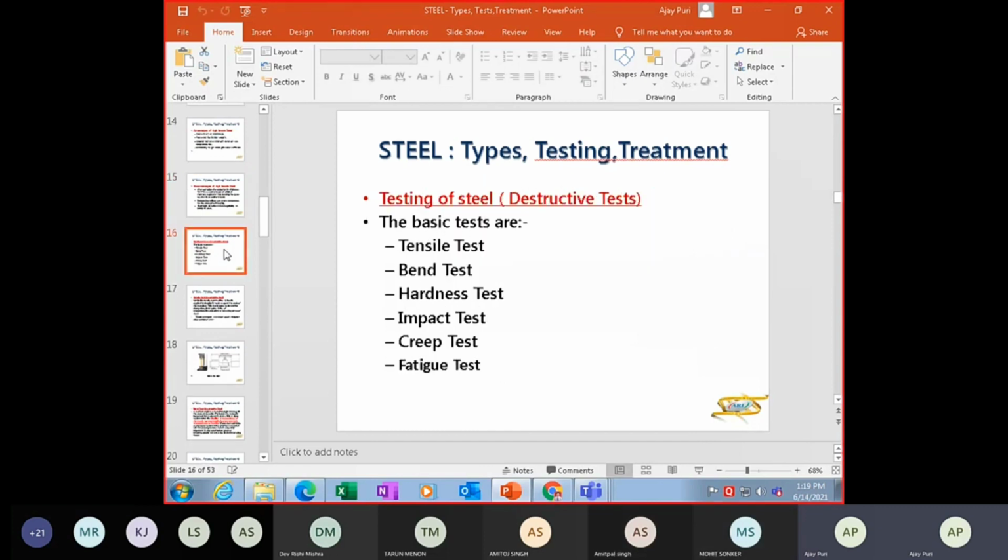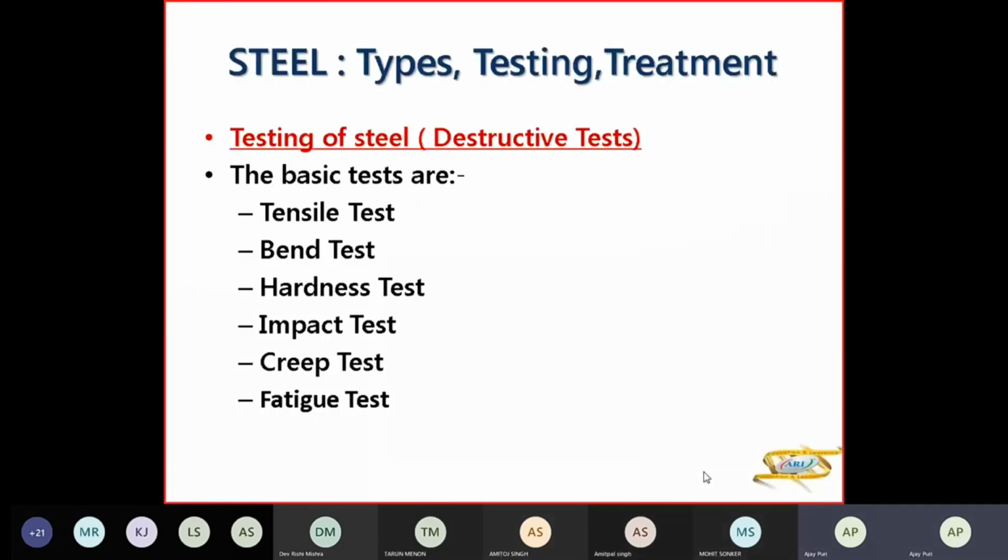ओके, अब वी स्टार्ट विद योर टेस्टिंग ऑफ स्टील। तो अभी इस बार एग्जाम में आया था टेस्टिंग ऑफ स्टील, 2 टाइप के टेस्ट के बारे में। कई बार लिखा हुआ आता है कि ये लिखो, कई बार आता है नहीं, टू डिस्ट्रक्टिव टेस्ट यू कैन मेंशन। सो डिस्ट्रक्टिव टेस्ट का मतलब है कि उसको डिस्ट्रॉय कर देते हैं, स्पेसिमेन।